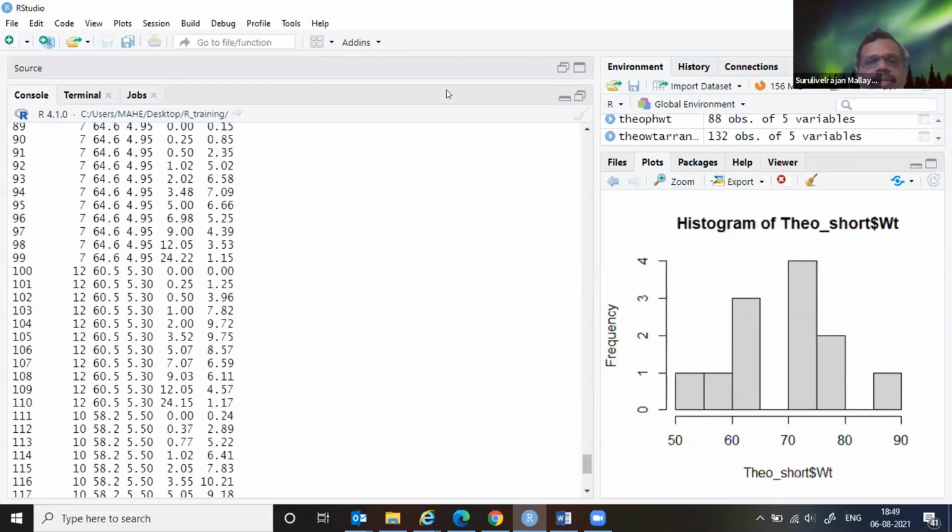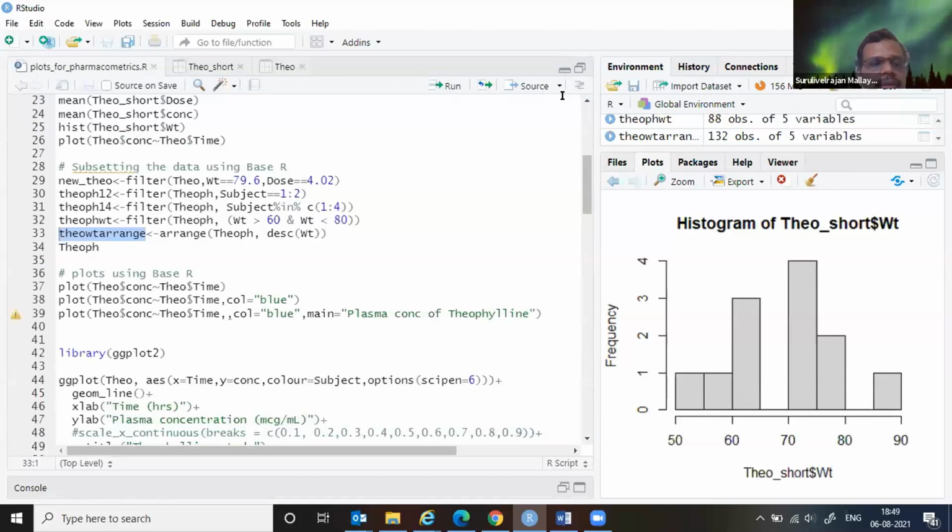Now you see it's painful because I did not use the Theo short data, so I'm having a problem here.